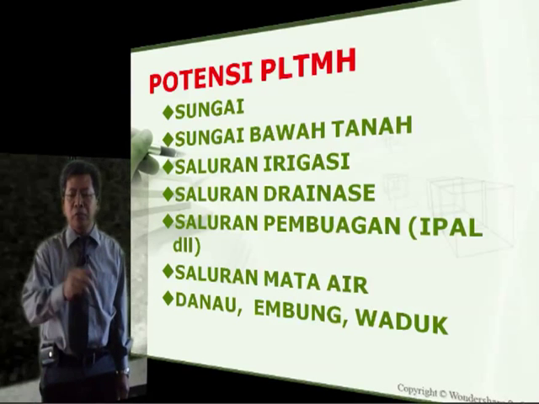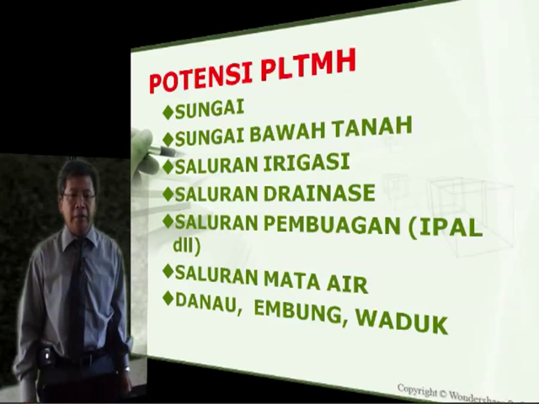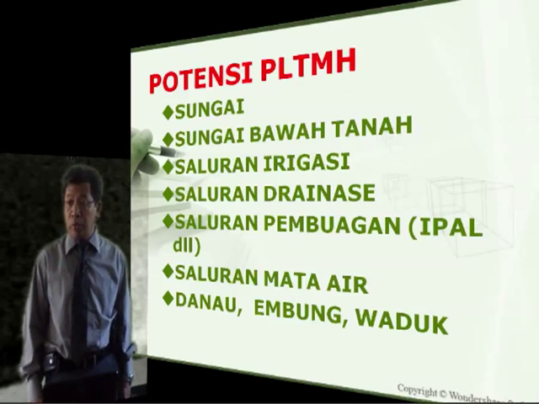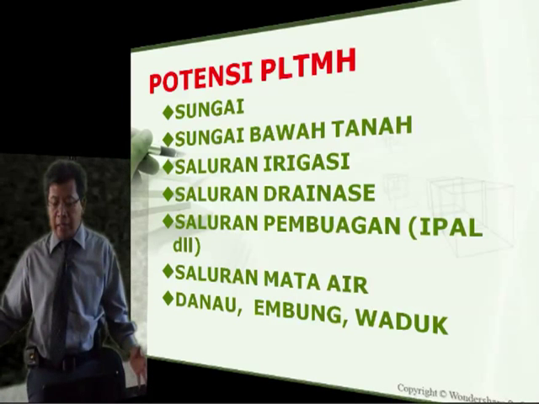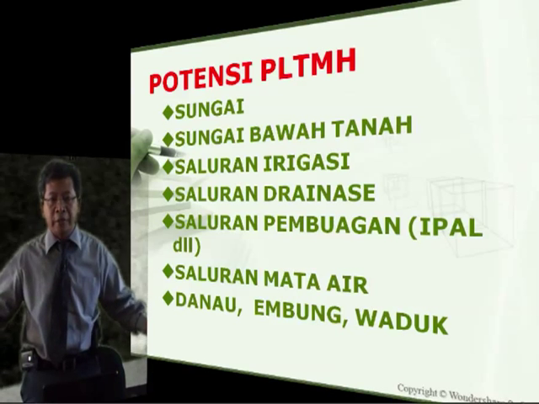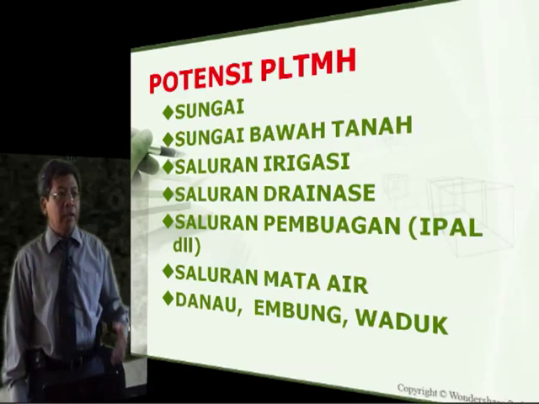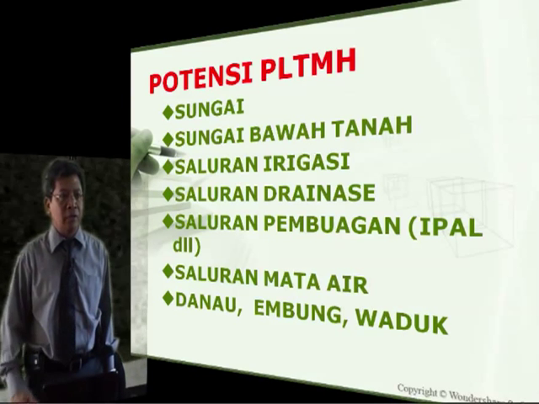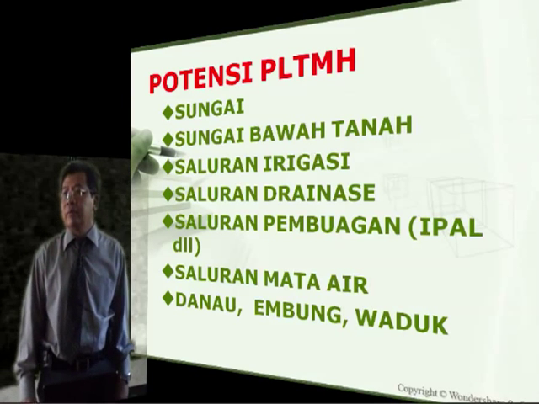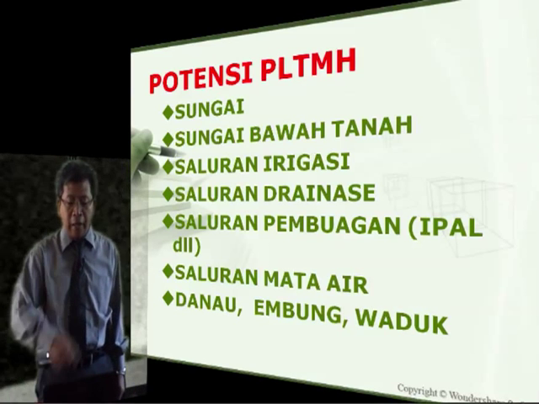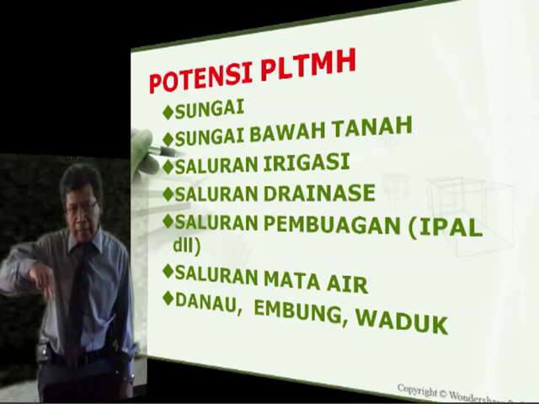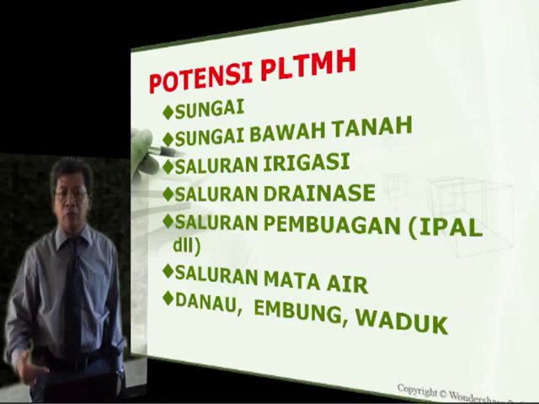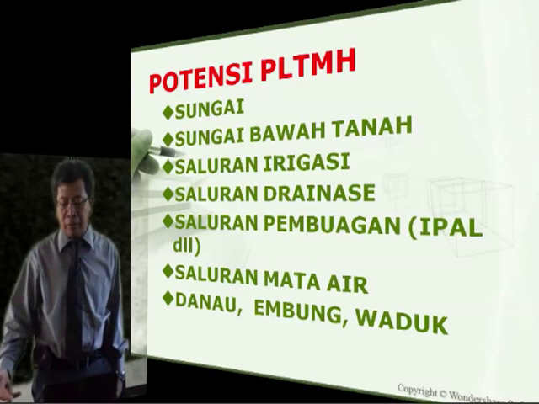Irrigation, we have a huge amount of irrigation. Our irrigation is more than 100 years old, and in Java, I think almost all districts already have irrigation channels. In Lampung, we also have them, in Celebes and also in some places in Lombok. We always have irrigation channels. In every irrigation channel, you can just walk along the channel and you can find a lot of waterfalls, and a waterfall means microhydro potential.